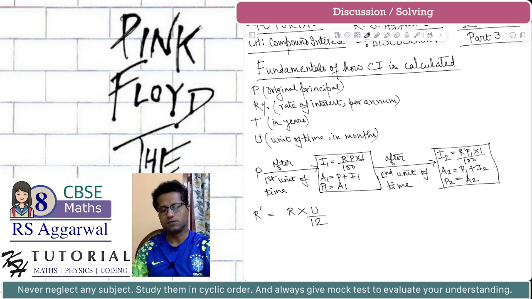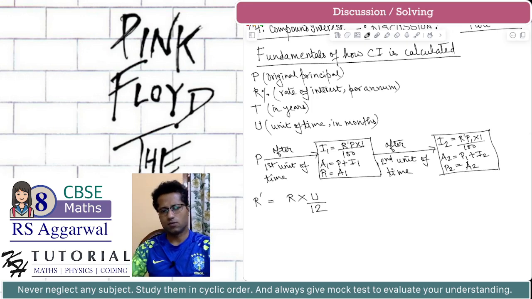Basically, R dash means, since the original rate of interest is given per annum, which is for 1 year, we are just calculating what will be the interest for U, which is in months. From where is this formula coming? This is coming from the very basics of the unitary method. R is the rate of interest per annum. So for 1 year,